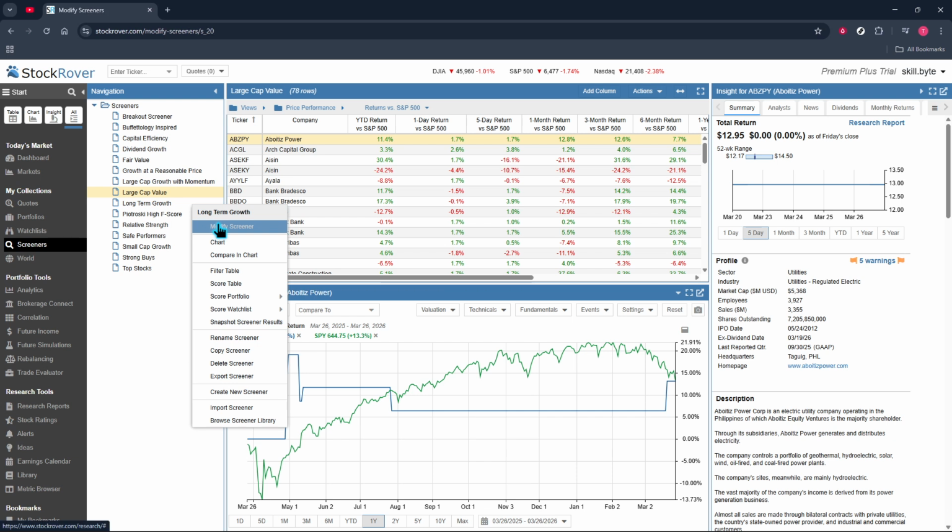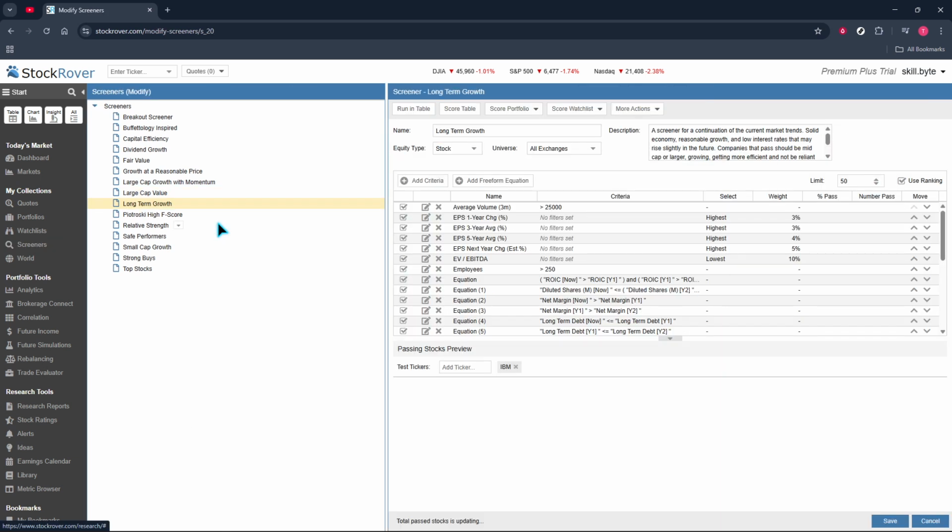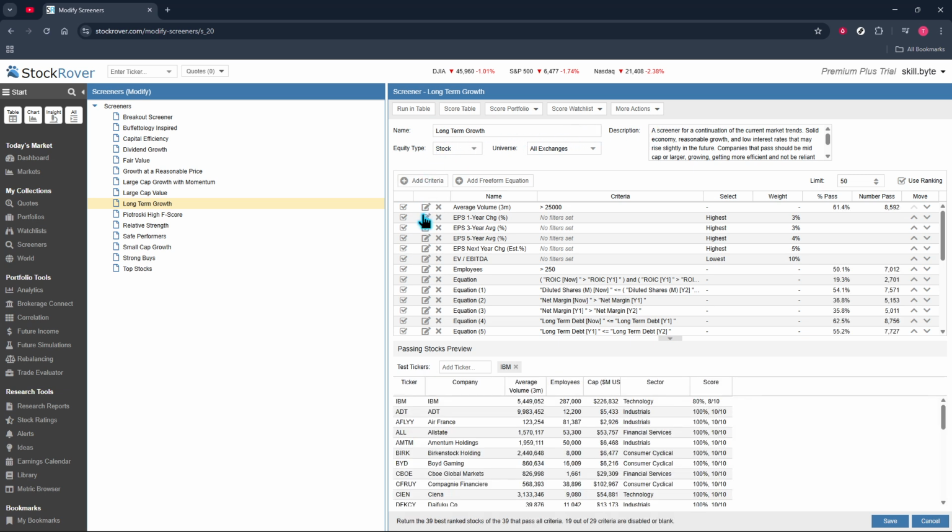This takes you into the screener's editor where all the criteria are visible and adjustable. Here you can examine how each filter is set, understand the logic behind it, and decide what to keep or fine-tune. For example, you might tighten valuation thresholds, adjust growth rates, refine dividend requirements, or restrict sectors to fit your